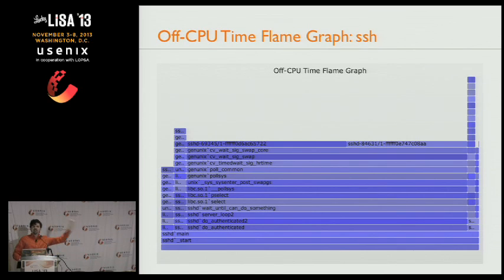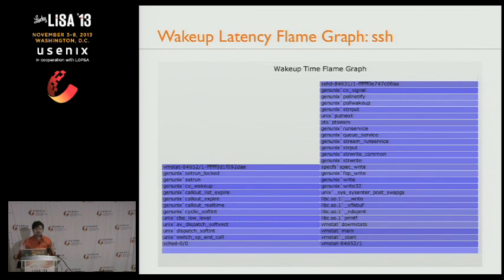At the top, I decorate it with the threads, but I also decorate it with the object that we're blocked on. Now I can do a wake-up latency flame graph, and this shows other threads that were waking up those conditional variable objects. And if I associate the two, I can see I went off CPU on this object, and then I bring up the wake-up time flame graph, I find the same object, and then I can see the reason it was woken up.